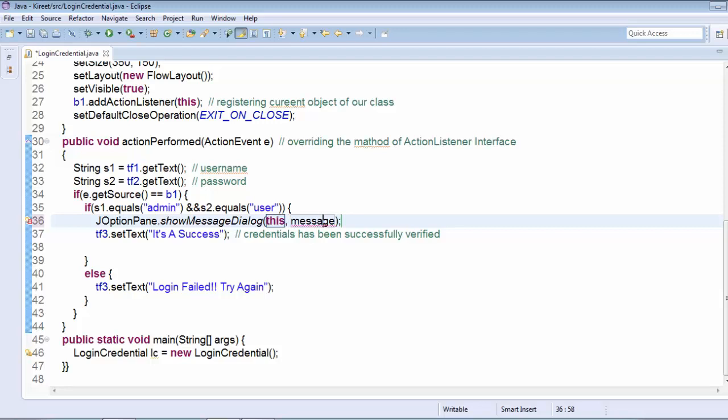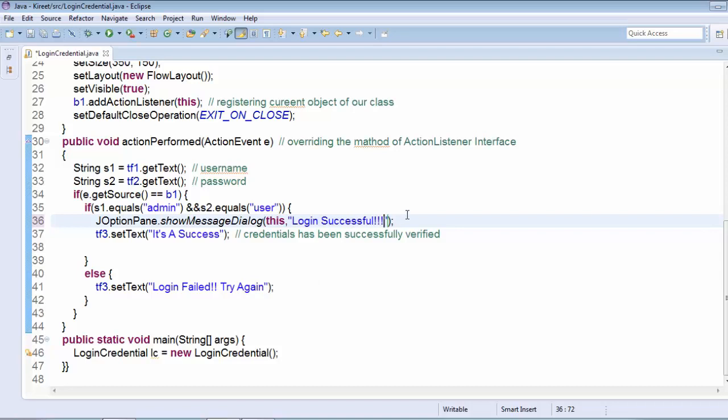And the message is what you want to place in this dialog box. So you can just type login successful. This is the message that you want to fill inside this.